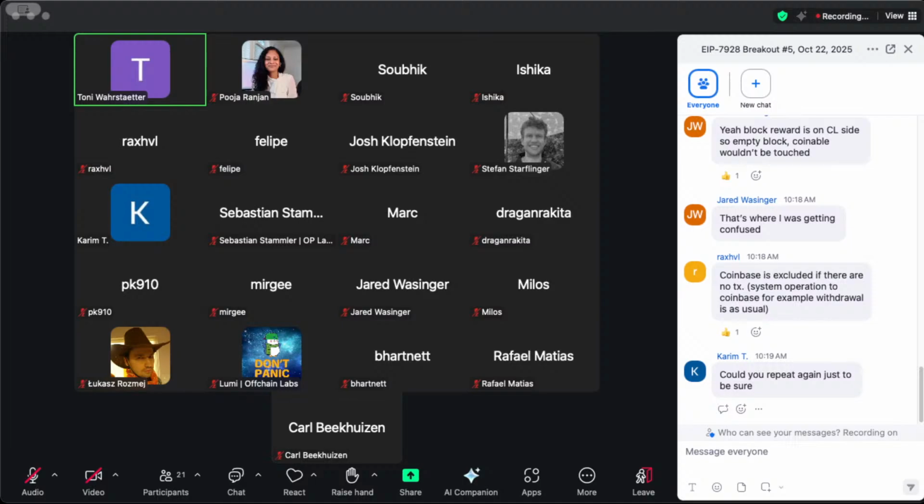The interesting case is what happens if the block is empty, so there is no transaction in the block. In this case, the Coinbase is not touched, and the Coinbase would also not be included. So 0 transactions could mean the Coinbase is not included in the BAL. It could also mean the Coinbase is still included in the block level access list, but only if it receives a withdrawal.